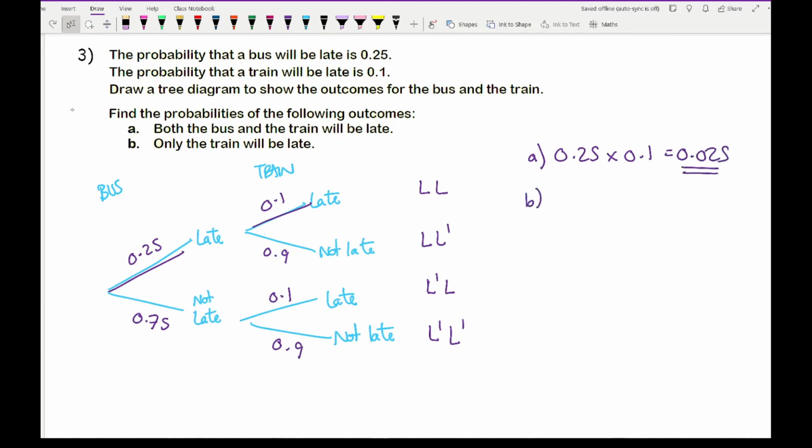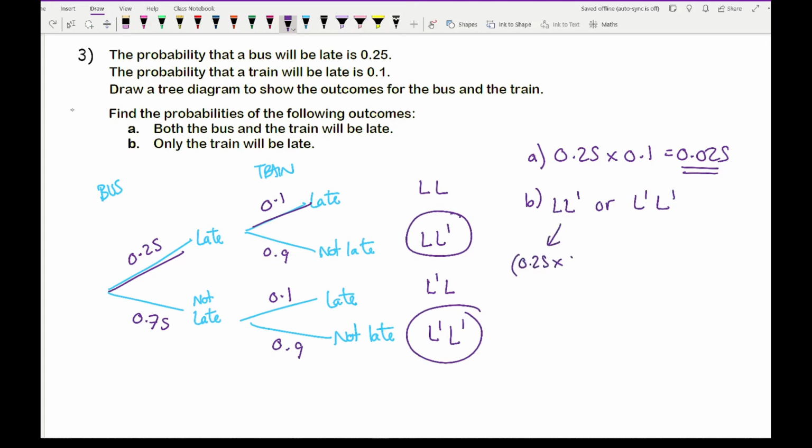Now for B, it then says that only the train will be late. So I'm looking for L dash as a second event. So that's either going to be this or this. So for the probability of that, it's going to be L and not L, or not L and not L. Now this probability here is going to be 0.25 times 0.9 plus, and then this event here is going to be 0.75 times 0.9. Now I would say this would probably appear on a calculator paper, but if I just